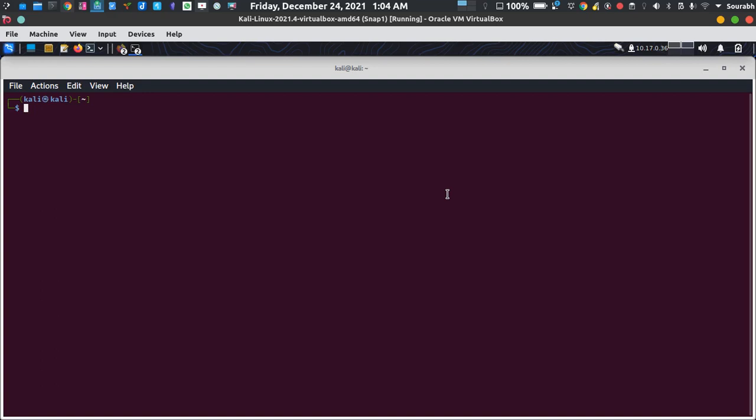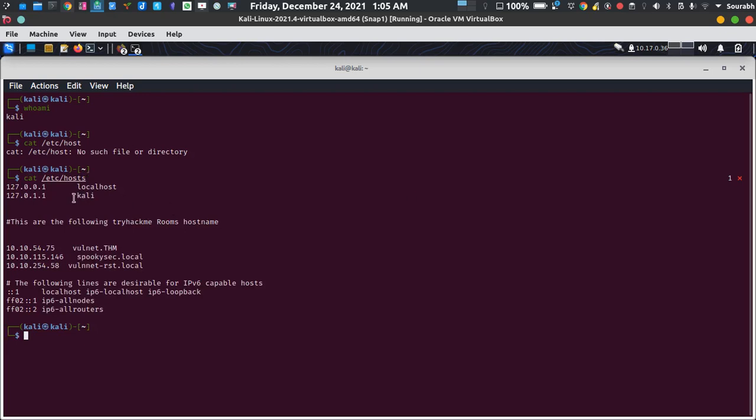For finding that out, you just have to type whoami. So it's going to say it's Kali. Basically it shows your host name. But you want to know where the host name is actually located. It's located in a path: cat /etc/hosts. As you can see, this shows that your local host is Kali. So if you want to ping that particular Kali host, you can ping it.